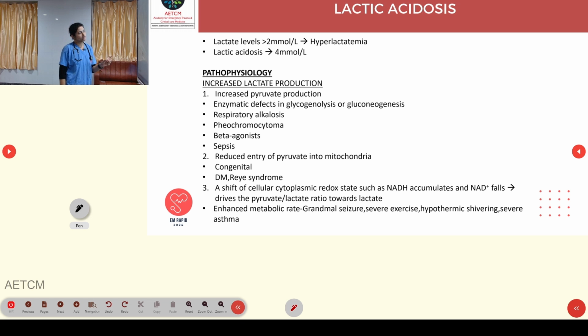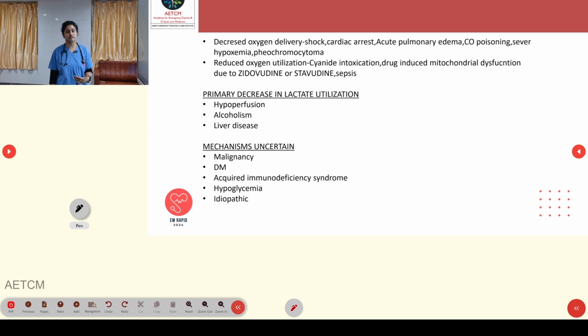Then reduced entry of pyruvate into mitochondria. It may be congenital and is also seen in diabetes and Reye syndrome. Then if there is a shift of the cellular cytoplasmic redox state, such that NADH accumulates and NAD plus falls, it will drive the pyruvate to lactate ratio towards lactate. It may be caused by enhanced metabolic rate, that is grand mal seizures, severe exercise, hypothermic shivering, severe asthma, and decreased oxygen delivery such as seen in shock, cardiac arrest, pulmonary edema, carbon monoxide poisoning, severe hypoxemia, pheochromocytoma, and reduced oxygen utilization, which is seen in cyanide intoxication, drug induced mitochondrial dysfunction due to zidovudine or stavudine, and also in